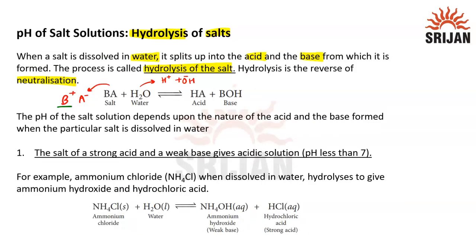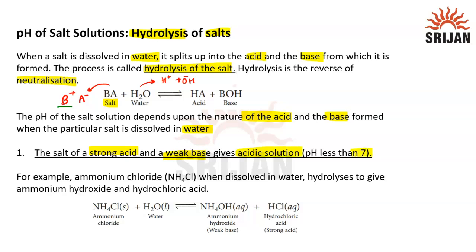The next thing is the pH of the solution. The pH of the solution depends on the nature of the acid and base from which the particular salt is formed. This is an acid: is it a strong acid or a weak acid? Similarly, this is the base: is it a strong base or a weak base? It depends on the nature of the salt and the chemical formula of the salt, from which elements this salt is being formed. So the salt of a strong acid and a weak base gives